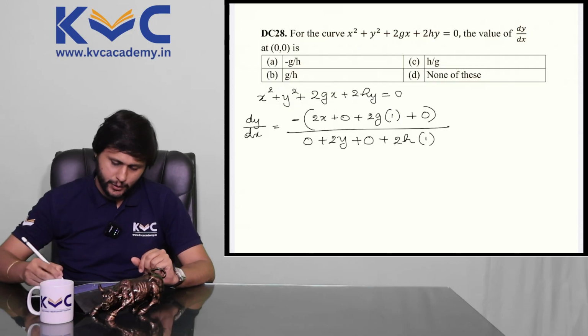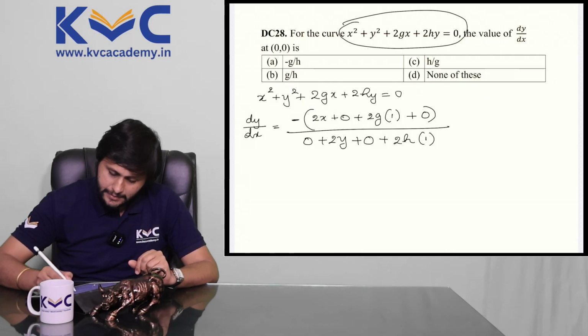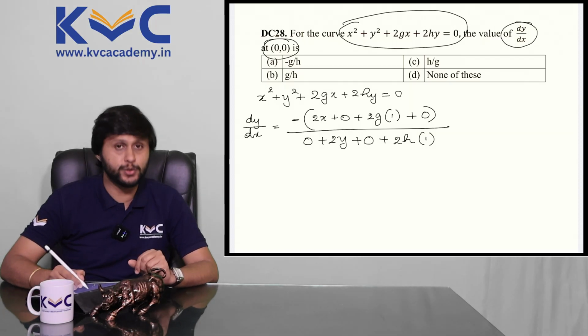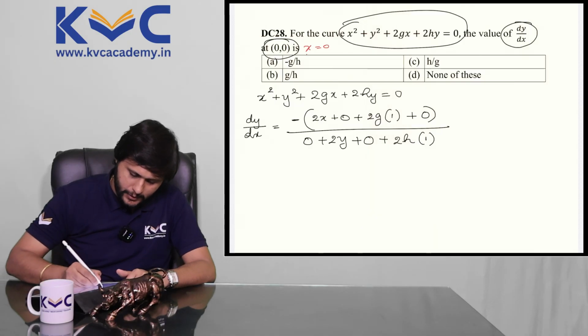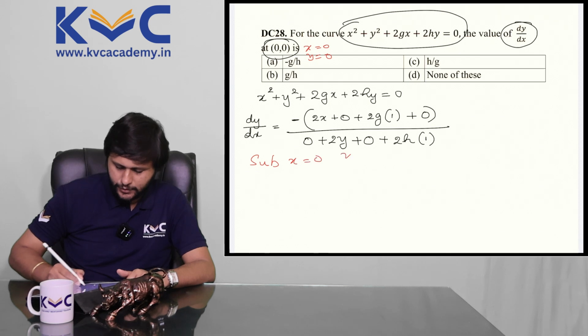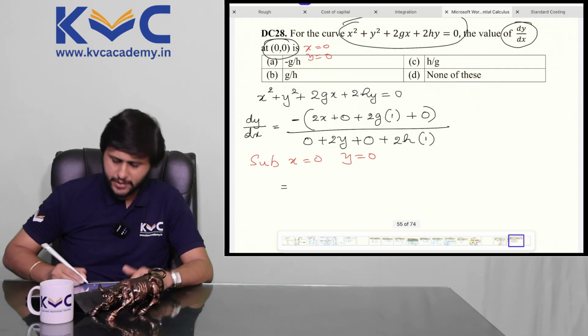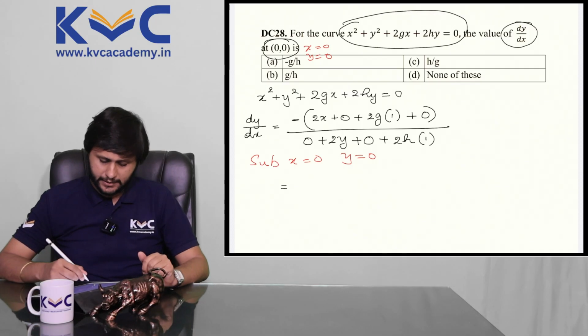I'll continue reading the question. See, after we had done this much, we had not read it that time. They have asked for dy by dx at x equal to 0, y equal to 0. 0, 0 means x equal to 0, y equal to 0. Let me substitute. Now substituting x equal to 0, y equal to 0. Let's see what we get, because I don't need to simplify it separately, because anyways I'm simplifying further by putting